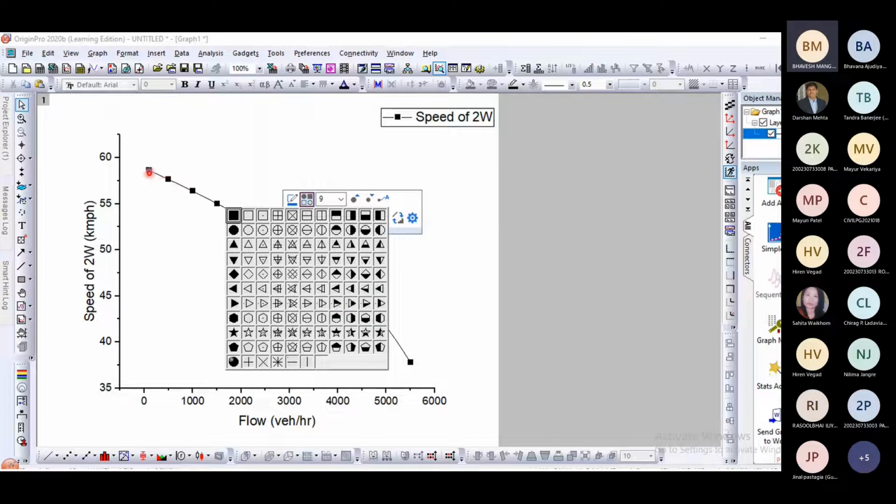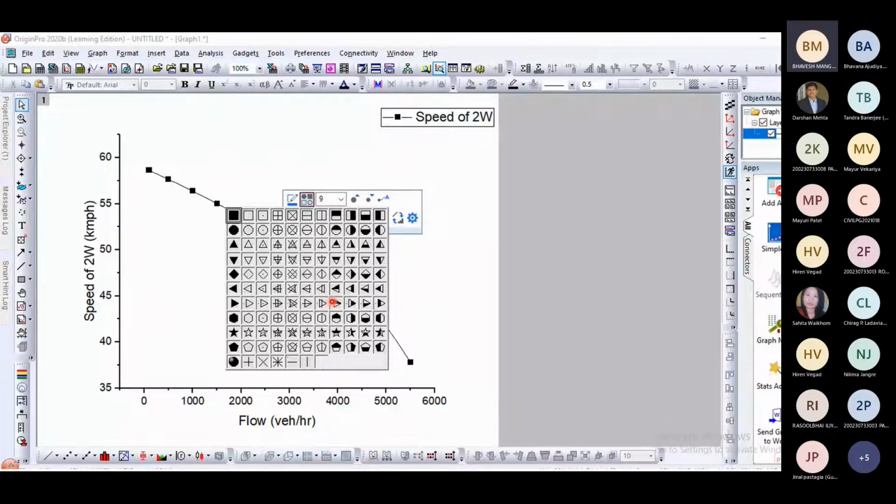Now, by default, it will take this square solid block, but you can select any of more than 100 types of points, right? In Excel, if you want to change this type, only a limited 7 to 8 types are available. If you have plotted a graph, you know that.